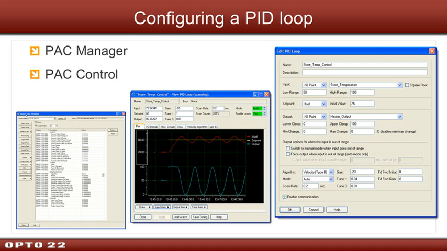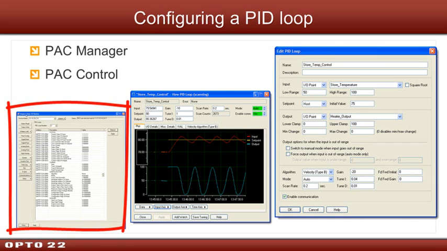With regards to configuring a PID loop, there's essentially two ways of configuring an Opto loop, and one is through Pack Manager. That's this screenshot here. This is particularly important if you're not using Pack Control and you're programming in C++, C#, Delphi, or any other language. You can look at all of the memory map addresses for each PID loop. You can see them all listed there for each of the parameters. So you can configure your loop in your software and get them up and running in Pack Manager very quickly